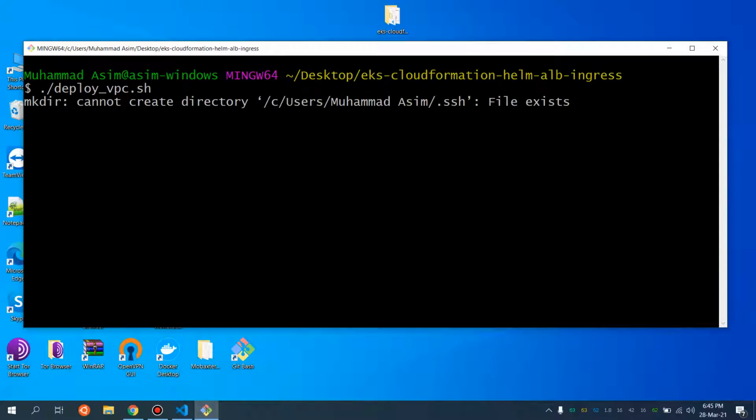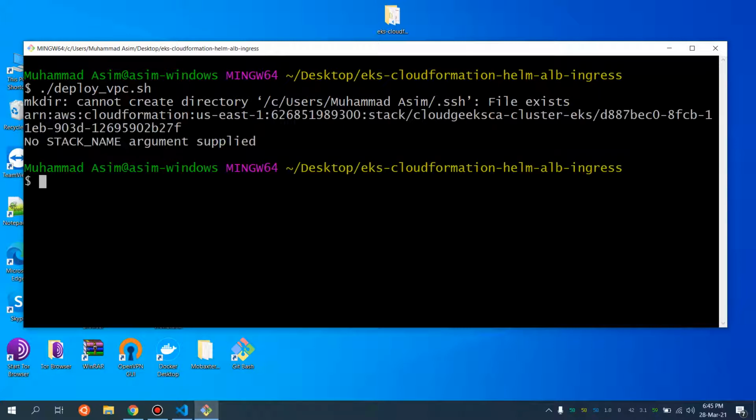It is going to create that particular stack. I've already created this particular key, which is the PEM key, and it says stack name not supplied, but it is going to create that particular stack.